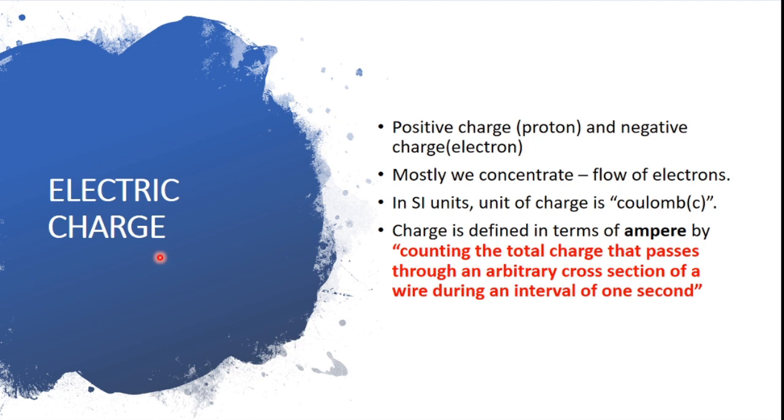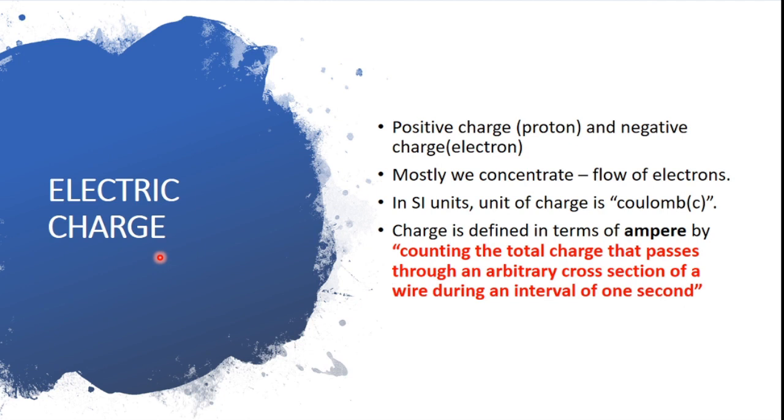I won't say only in circuits, it is the smallest element present anywhere, throughout us, around us, in this universe, everywhere. But since charge is an extremely small quantity, we never talk about charge as a single element. Always charges are combined together. That is what we call voltage. And when the same combination of charges moves, that is what we call current. So we never see a single charge.